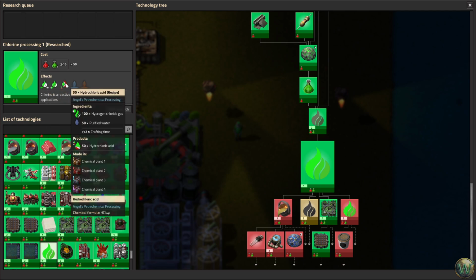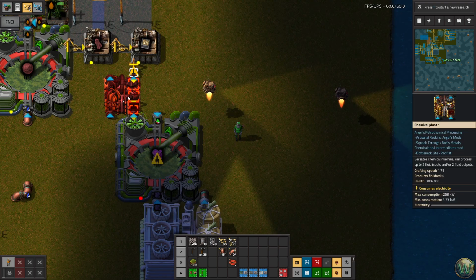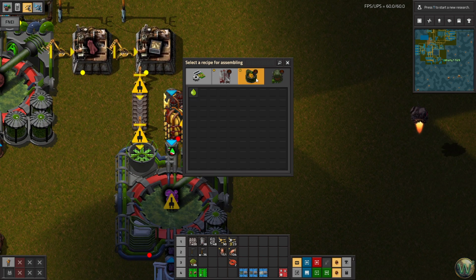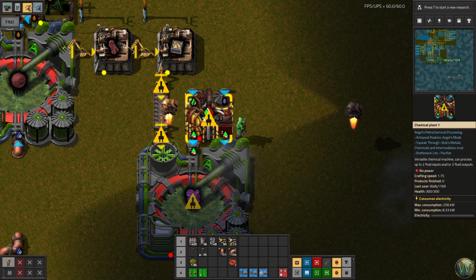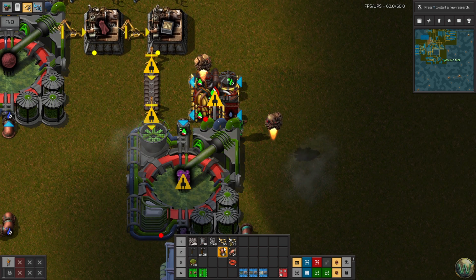It's made in a chemical plant with purified water and hydrogen chloride gas. So, chemical plant. I've done a few building things here because, well, I knew it was coming. I'm just playing you all. And that way we can get that. From that we need... I'm going to turn it this way. From that, we need